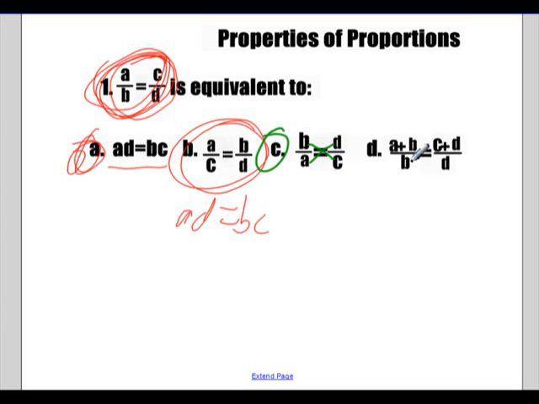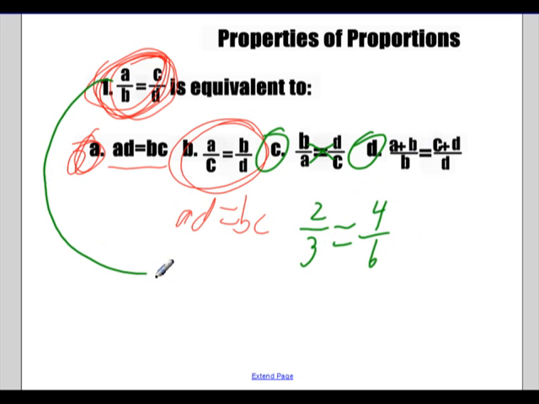Okay. This one is a little bit different. It's kind of an unusual one that you might want to memorize. I do want to quickly show you why it works. And I'll show you first with an example with numbers. So let's just say you have a proportion like 2/3 is equal to 4/6. Of course, you know that's true. Those are equivalent fractions. So looking at D, if 2 is A, 3 is B, 4 is C, and 6